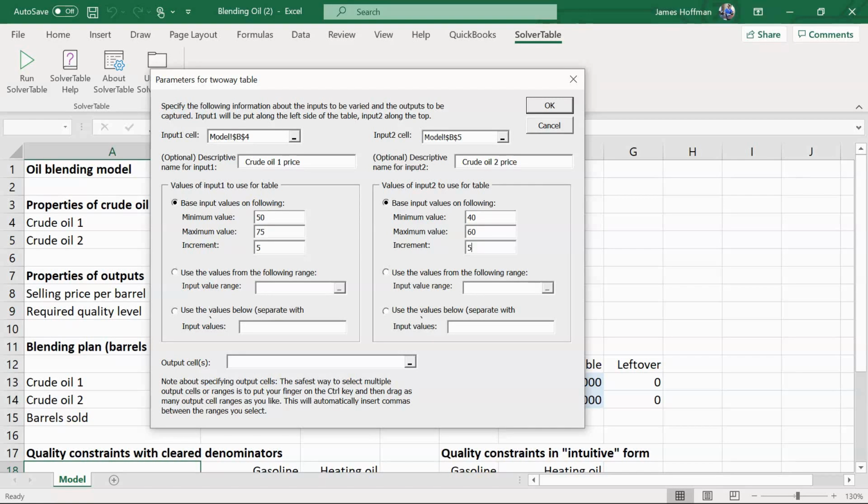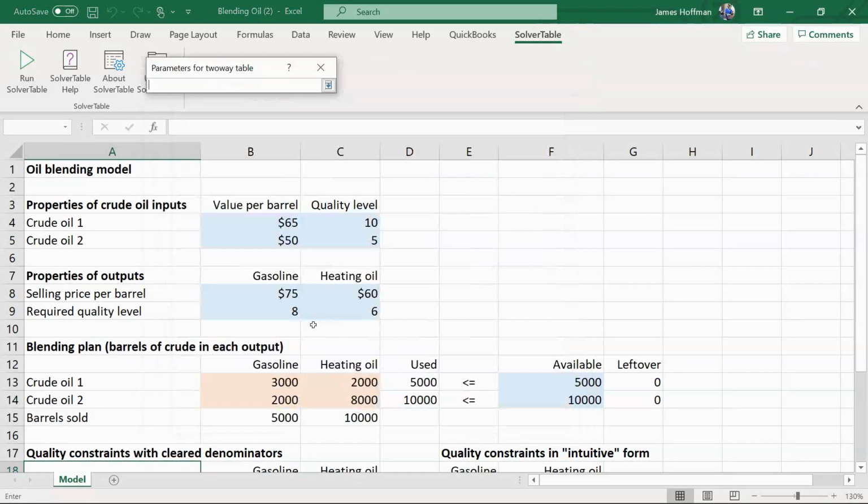So you got to hit this button. And we're going to select the barrel sold range, the leftover range, and then the objective, which is revenue. So you got to do this. So first, let's select the barrel sold range. B15 to C15. Then you got to hit the control. You got to hit a comma,